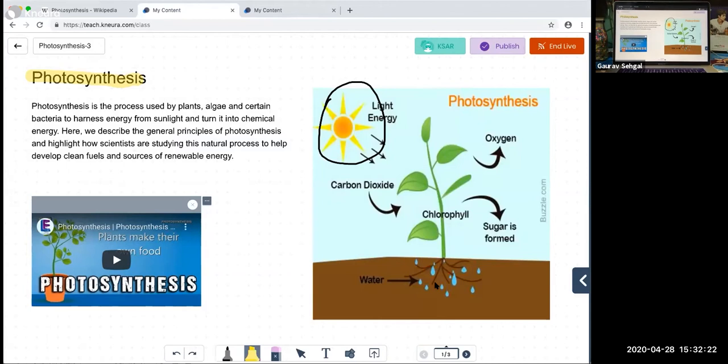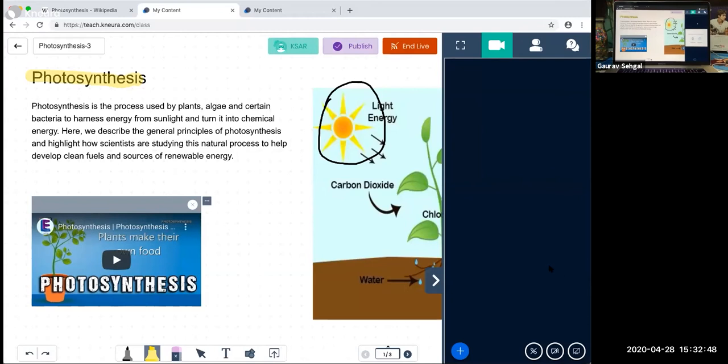On the student side, there are two ways. You can see the notification. One, they can get the notification in the notification window over here that the teacher is taking a live class of photosynthesis. Click here to join now. Either you can click directly here, or in case you're already in the class, in the dashboard, you can see this live button over here. Or if you're directly in the class, as soon as the teacher starts the class, you will see this window pop up from the side, asking you to join from audio.